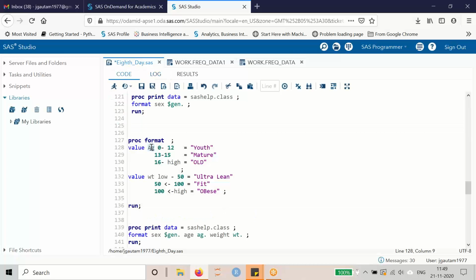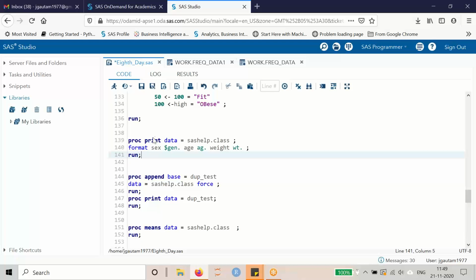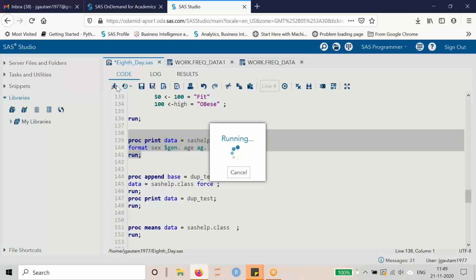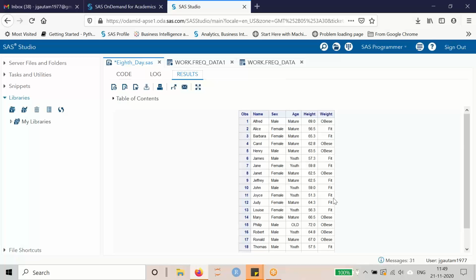This is how we have defined two different formats, AG and WT. Now it's the time to use them. तो जेंडर के आगे मैंने जेंडर यूज किया, एज के आगे एजी डॉट यूज किया, वेट के आगे डब्ल्यूटी डॉट यूज किया। एज, मैच्योर, ओल्ड, यूथ, फिट, ओबीस, फिट।